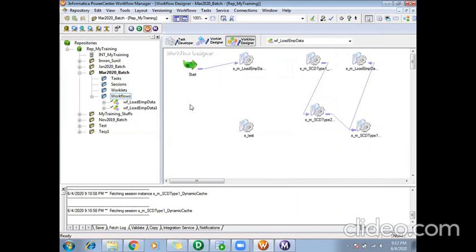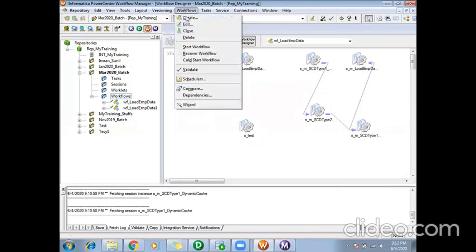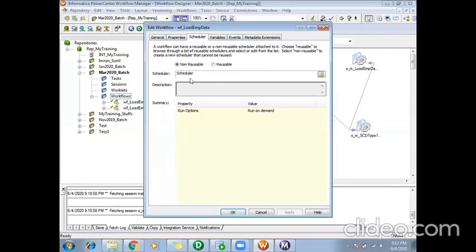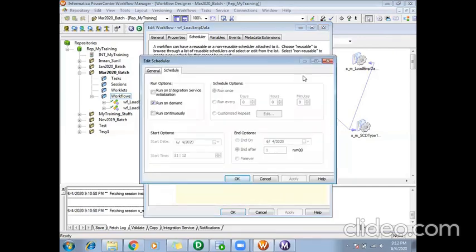Two ways we can do it. Either we can use third-party scheduler tools, from where we can call our workflows, like Control M and others. Apart from that, Informatica has its own scheduler. If you go to Workflows, Edit, the Scheduler part, this is where you can schedule your workflows. Some projects use this inbuilt scheduler only, and some of them go with external tools like Control M. Okay, Informatica scheduler. You can come to your scheduler tab here, open this, go to schedule.